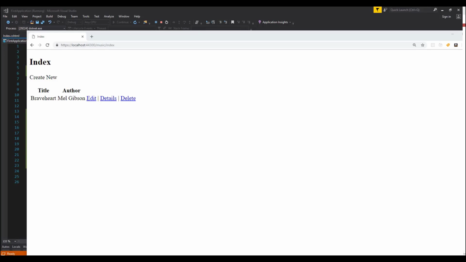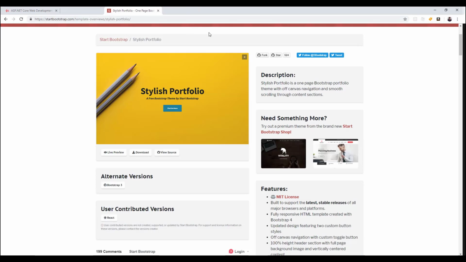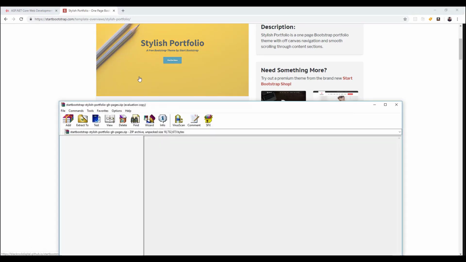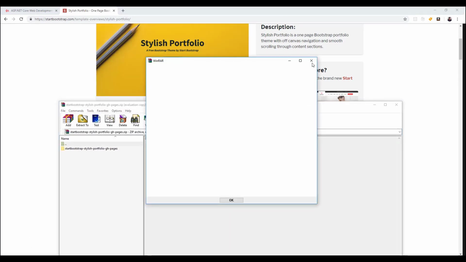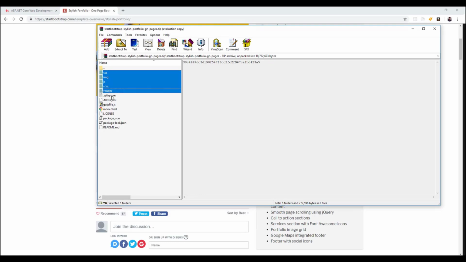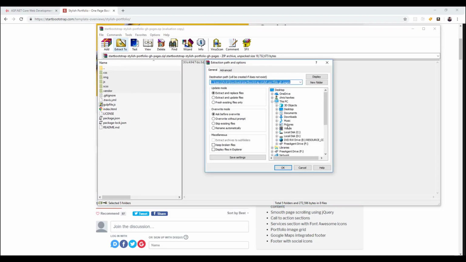All right, so I'm tired of our application looking like an ugly, old, outdated thing. So I want to get you guys excited. Let's go ahead and download a Bootstrap modern theme. This is a free website where you can download this free product. It's going to be zipped up, and what we want to do is extract the contents of the folder to the location of our website. So let's go over here, and you can see all the CSS and vendor stuff and everything. We want to extract that to